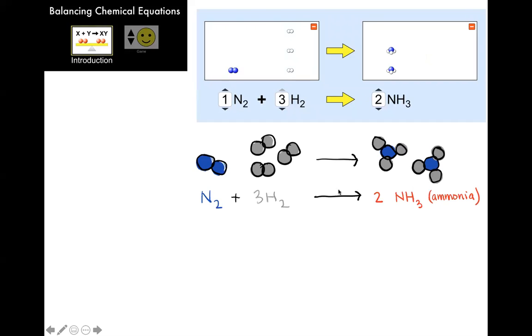This is one where students actually submitted a drawing here. They even color coded. I guess the iPad came through for you on that, where they're showing nitrogen gas and hydrogen gas to form NH3. At this point, we don't need to know exactly how they're arranged in these molecules. Chapters 8 and 9, we're going to learn a lot about that. For now, we just want to make sure we have the right number of particles grouped together.